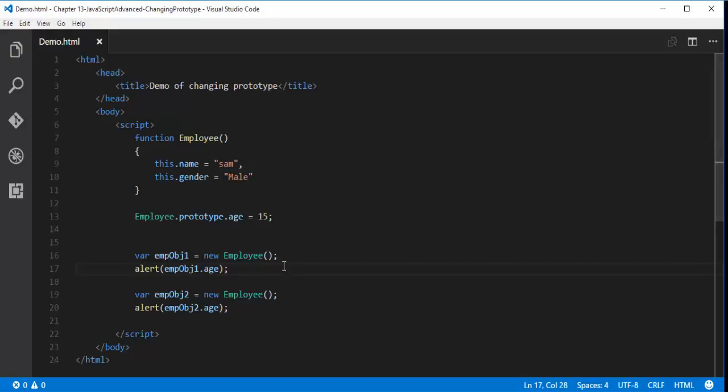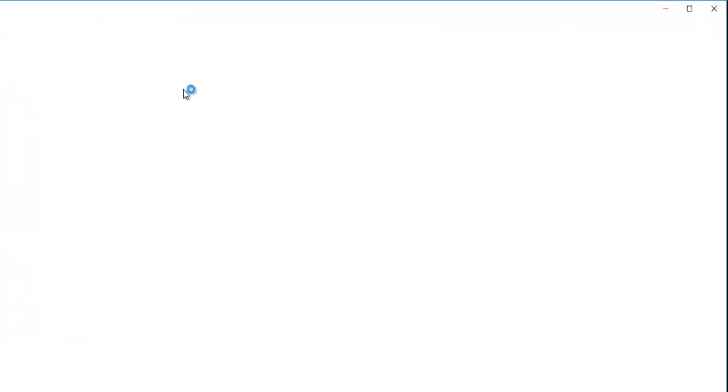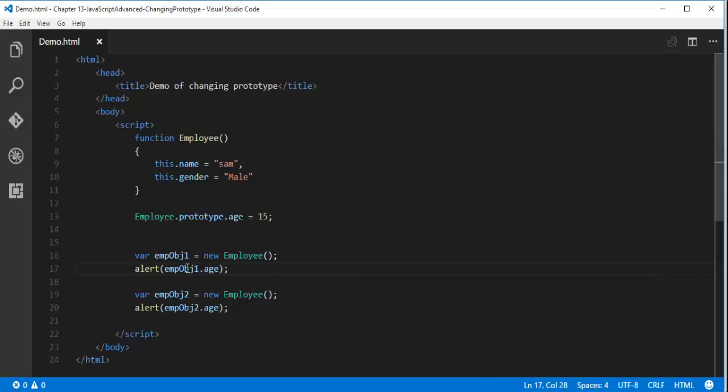Control S. Now I'll execute this page. Let us see what output we are going to get, and here is my HTML page. We'll get the output as 15 and again 15 for employee object 2. So let me make it a proper sentence. It's very simple. I'll just copy this, and here